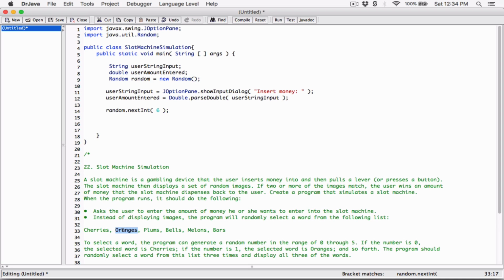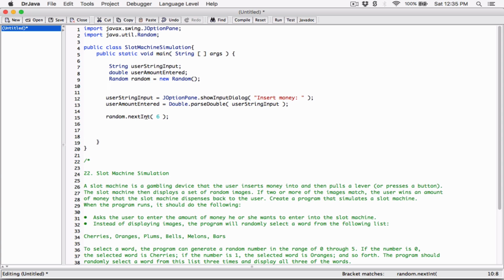You can call it anything. You can call it word representation, word number, or something, but I'm going to call mine word index. First of all, we need to declare it. So I'm going to go ahead and declare an integer variable, because this is going to return an integer, and I'm going to call it